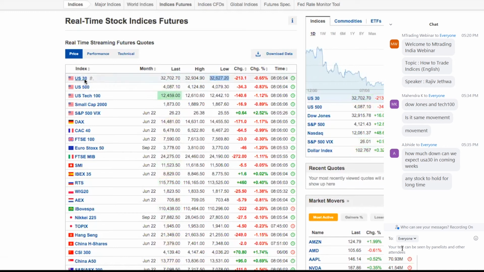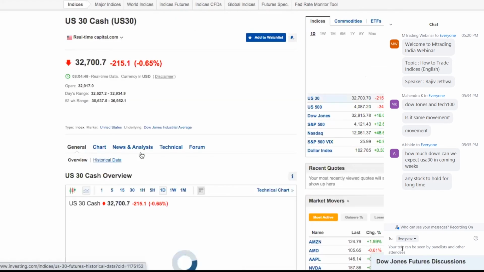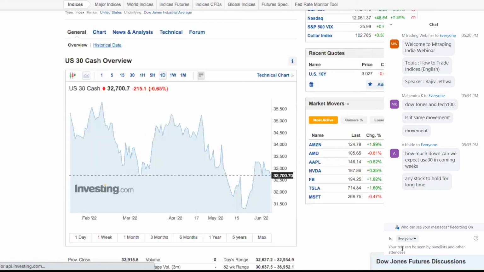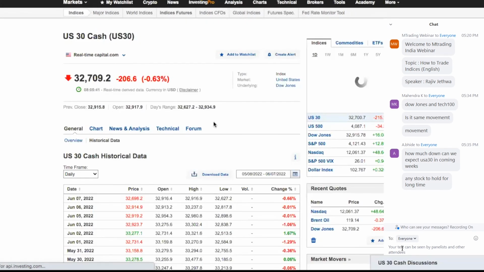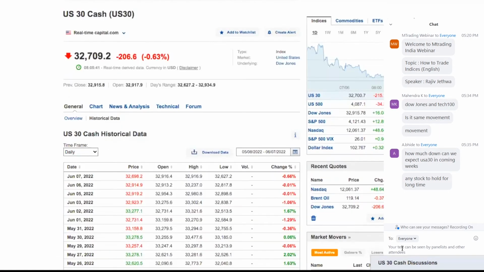Now if you see the percentage changes, for example, I'll show you here. I already explained, so I'll explain one more time. Let's go for Dow and check the historical data. Like 1 month the market is moving down, 2 months the market is moving down, at least by the third month we can expect the price to go high,